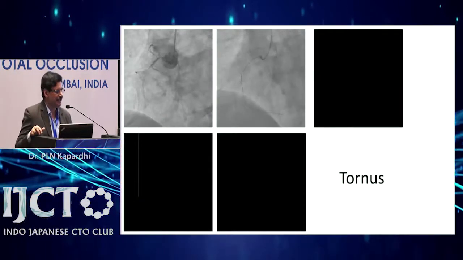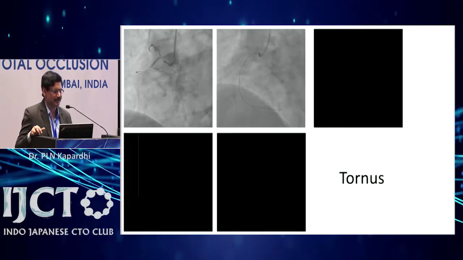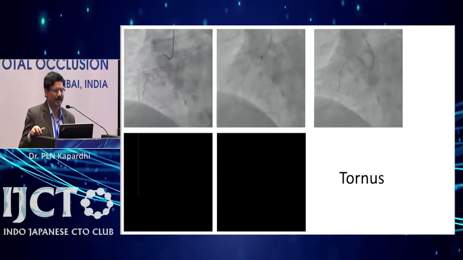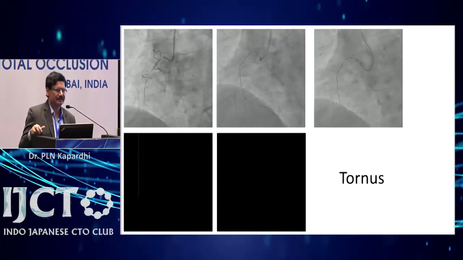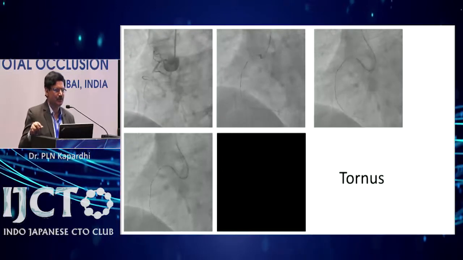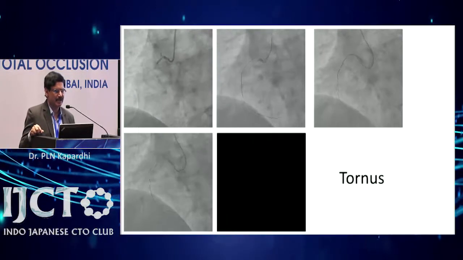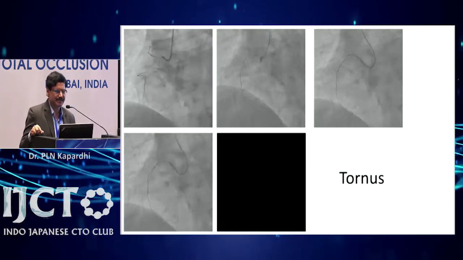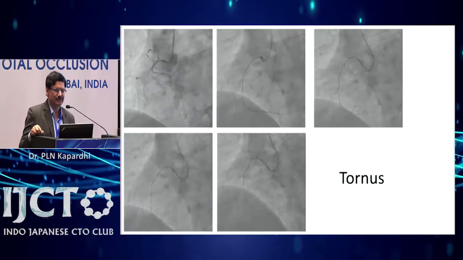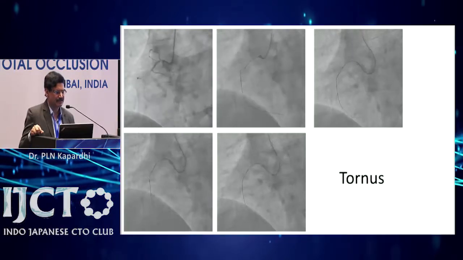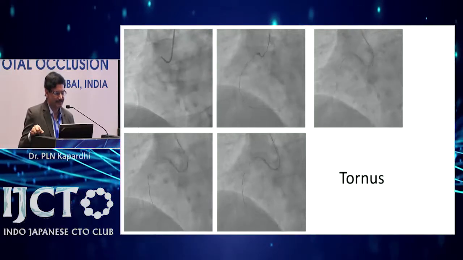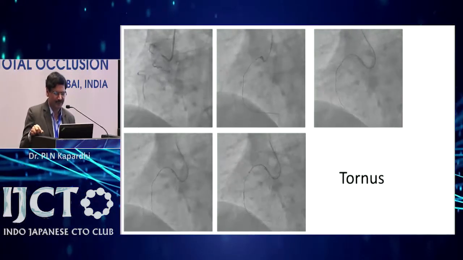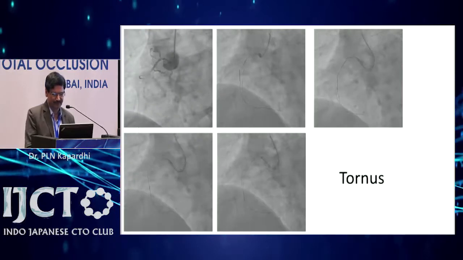We have taken the Ampl guiding catheter and the Gaia wire, and you see how the balloon is unable to cross the lesion because of its hard nature along with calcium. We took the Godzilla support extension catheter, and with that support we took the Tornus, and it crossed across that bend with the calcific lesion, and ultimately we succeeded with the angioplasty with a successful outcome after crossing with